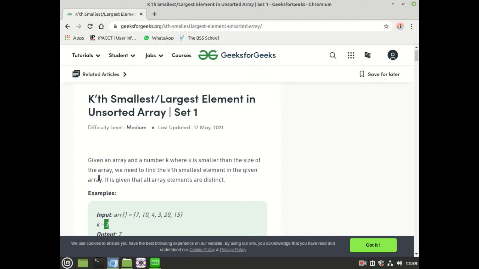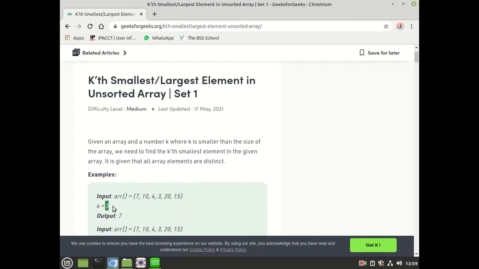You will be given an array, and you will also be given a number k. If you are asked to find the kth smallest element, let's take an example. You are given this array, and the value of k is 3, let's say.